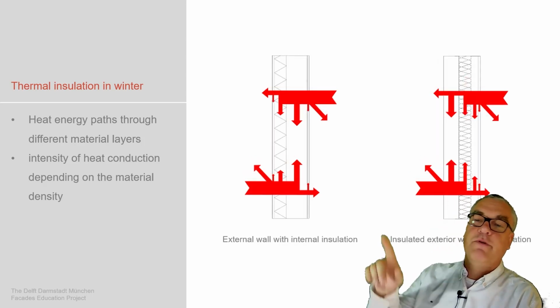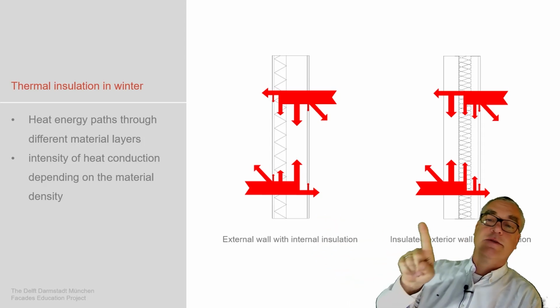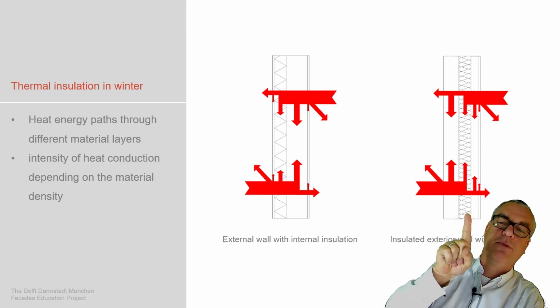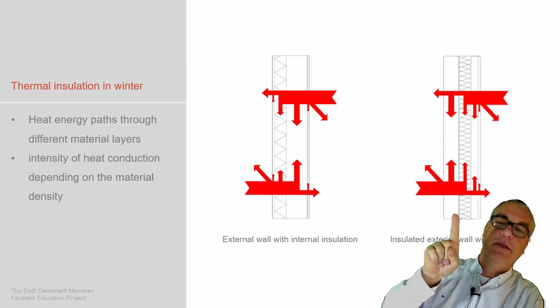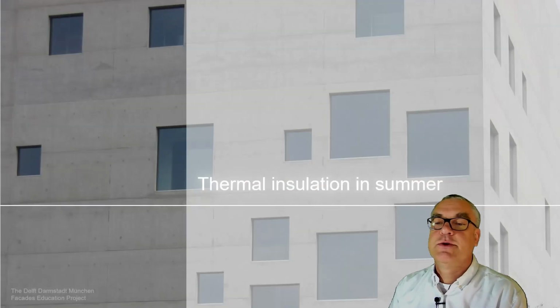This goes on with the same setup. This is an insulation at the inside of a facade, and this is a so-called cavity facade. We see an outer layer, we see a cavity here, then we see the insulation which absorbs a lot of energy, and then we see the inner structure which closes the system.